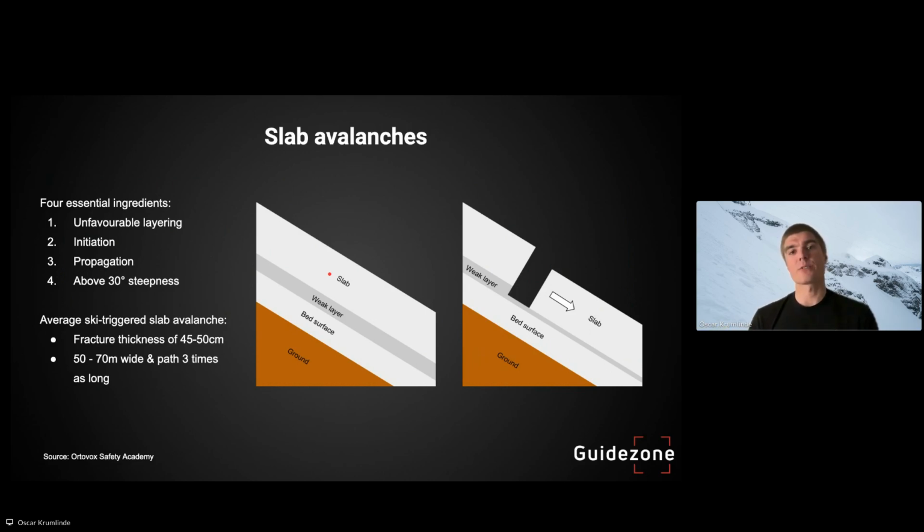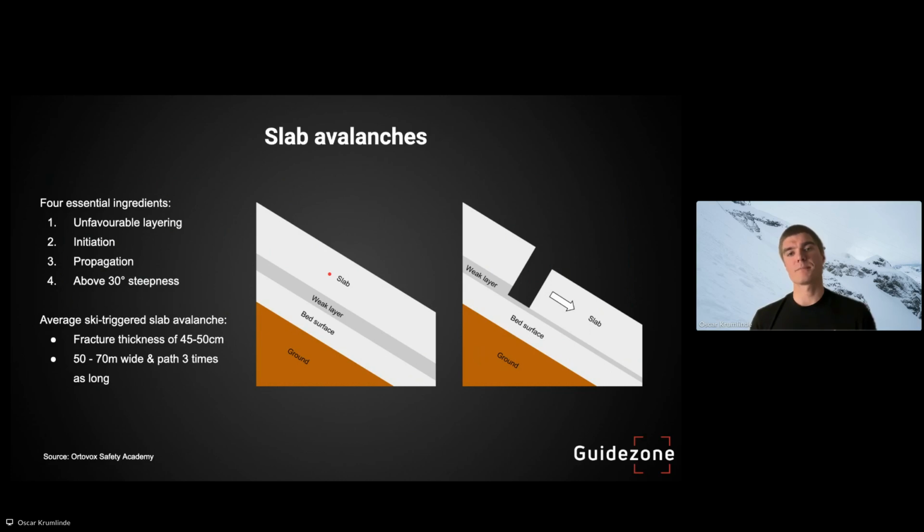And the last ingredient that we need is slope steepness. The slab will only slip if the slope steepness is above 30 degrees. So we can have all three other categories, but if we don't have 30 degrees, we won't have an avalanche